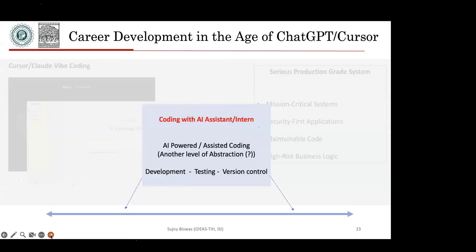Code with AI, using these tools as your AI assistant or intern. What I would like to say is something in the middle of the spectrum: AI powered or assisted coding. Consider this: perhaps students these days do not do that, but earlier we used to do assembly language coding and C coding. Then object oriented abstraction came, which allowed us to do object oriented C++ or Python. It added several layers of abstraction. So AI assisted coding can be viewed as a tool that is adding another level of abstraction in this